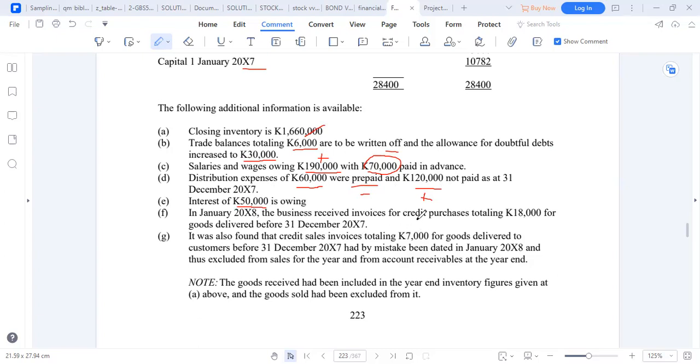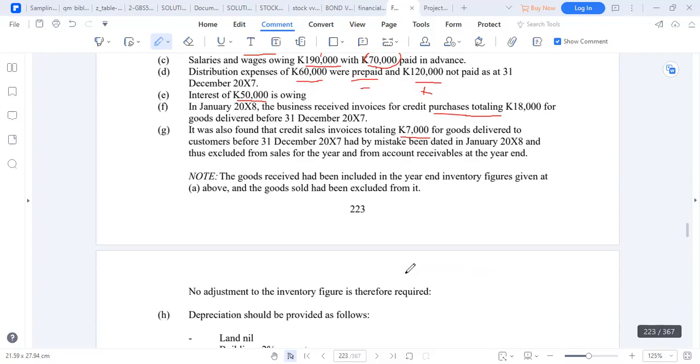Then we're told that invoices for credit purchases totaling to 18,000 for goods delivered were not what? Invoiced. So purchases figure, we add this 18,000. It was also found that credit sales totaling to 7,000 were delivered before the year end. So we didn't have this 7,000. We need to add it back. When we go to our calculations,